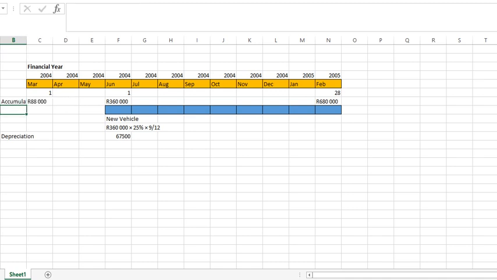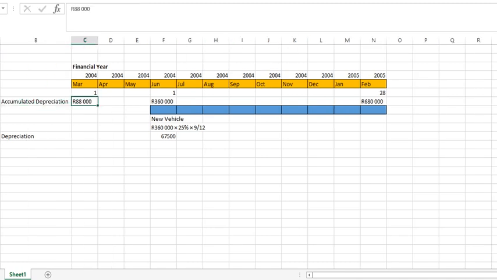So if at the end of the financial year our balance towards vehicles was 680,000 Rand and we bought a new vehicle, then our cost price will then be